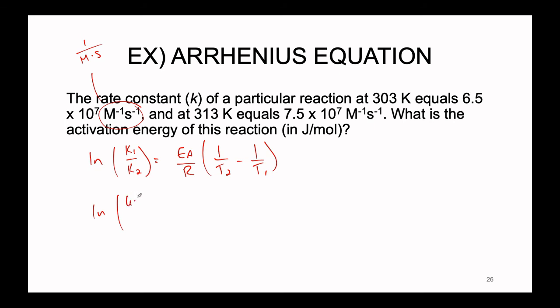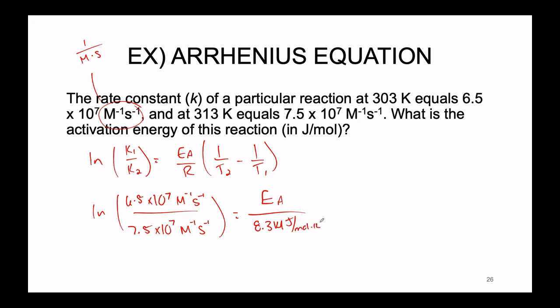So the natural log of 6.5 times 10 to the 7 inverse molarity, inverse seconds, divided by the second data point, the 7.5 times 10 to the 7 inverse molarity, inverse seconds, is going to be equal to our activation energy, which we do not know, divided by our constant R. And this R is going to be equal to the 8.314 joules per mole Kelvin version of our gas law constant. And we can see that this is going to nicely work together to give us an activation energy in joules per mole,